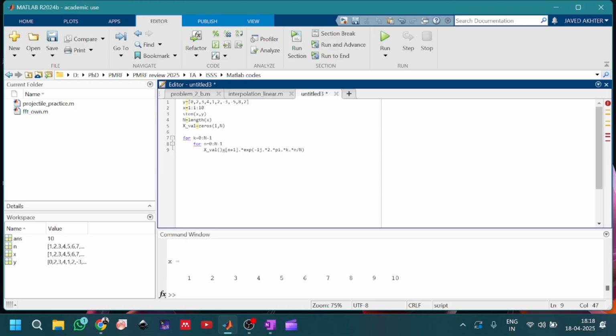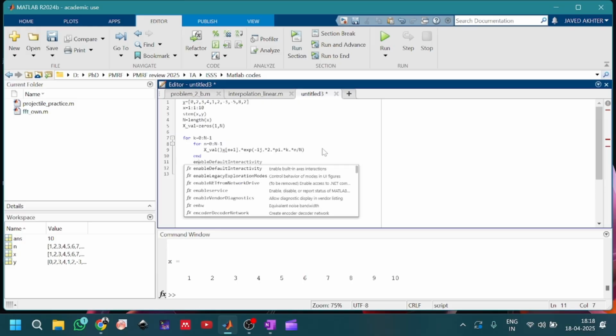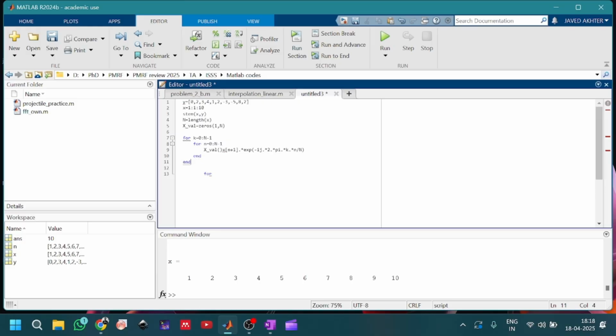Okay, so maybe you can use the summation function. So let me check for extend it. So let me write down a different function. So for n equal to 0 to n minus 1, what you will do, you will basically multiply